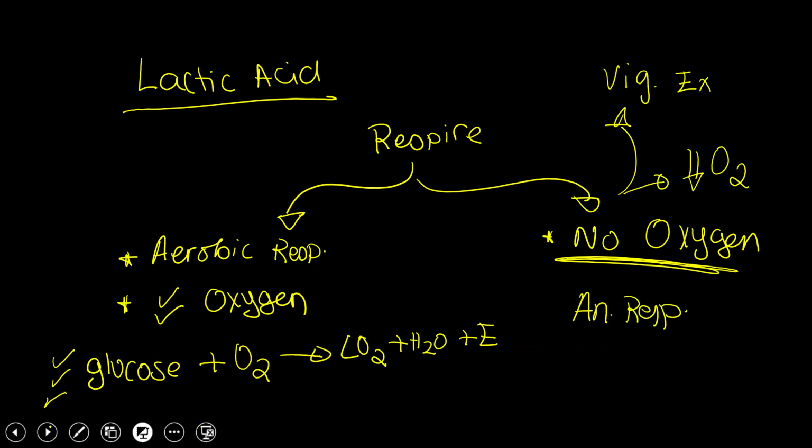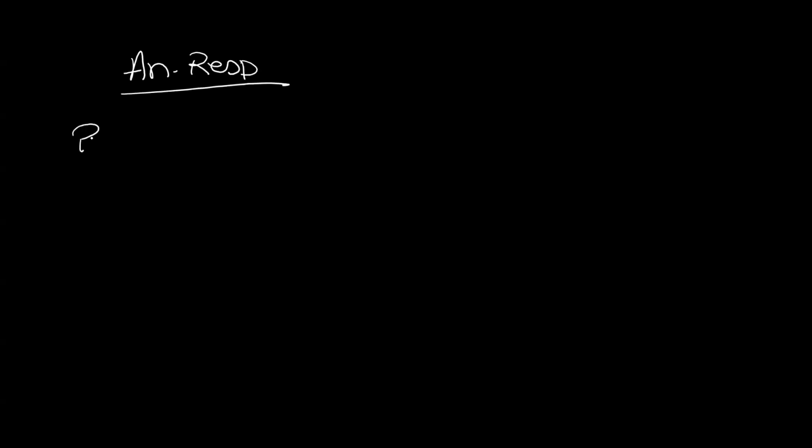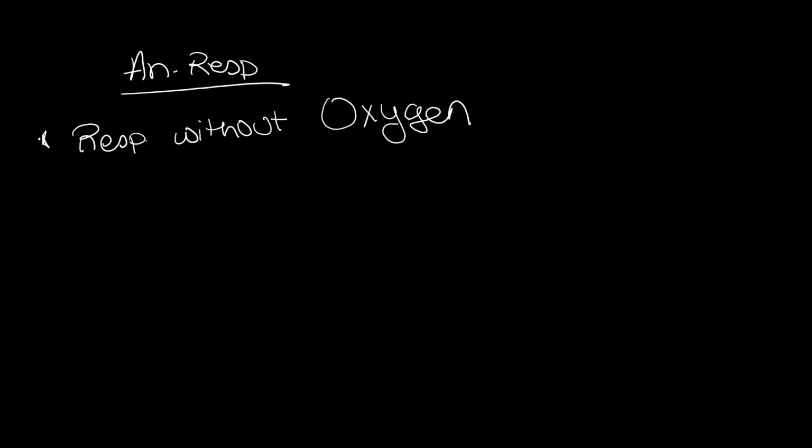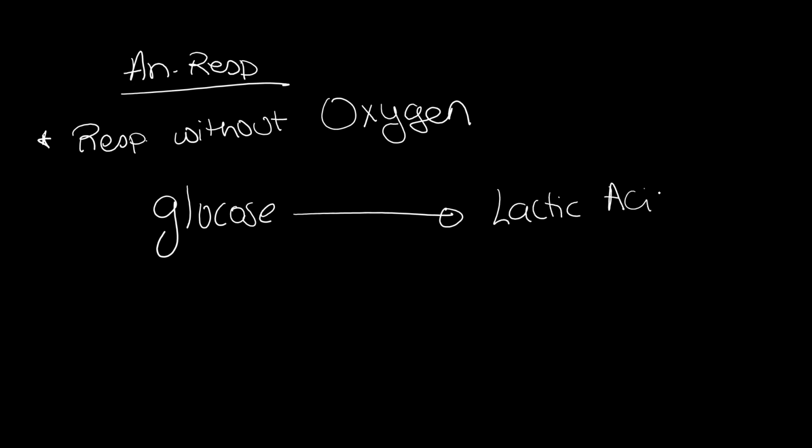Now, what is the equation for anaerobic respiration? We will take it in the lesson respiration, and we will take it now. Anaerobic respiration, from the name, this is respiration without what? Oxygen. There is no oxygen in the body. There's a decrease in the oxygen supply, but I will still need to respire. What happens is that the glucose will be broken down immediately. See, I did not write glucose plus oxygen. I wrote glucose immediately followed by the arrow sign because the glucose will be broken down without oxygen to give me a product known as lactic acid.